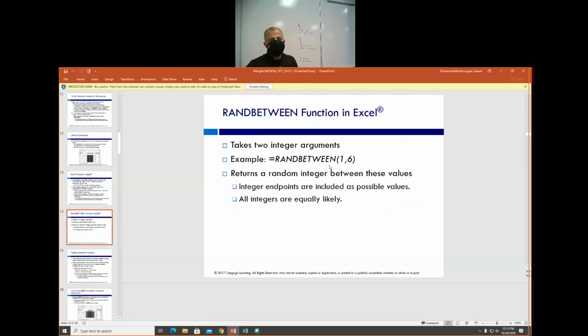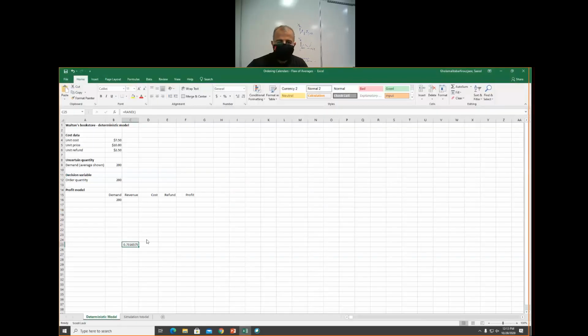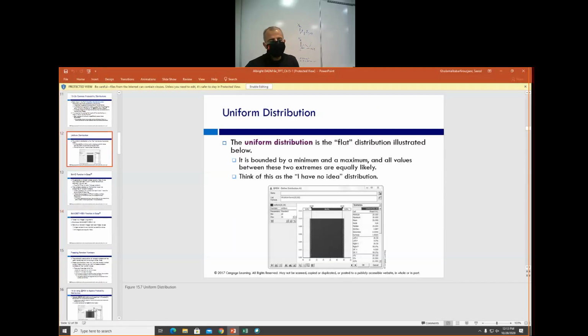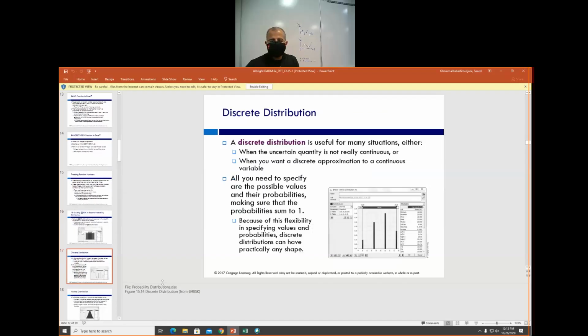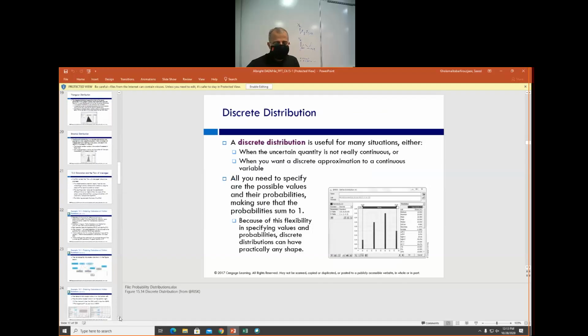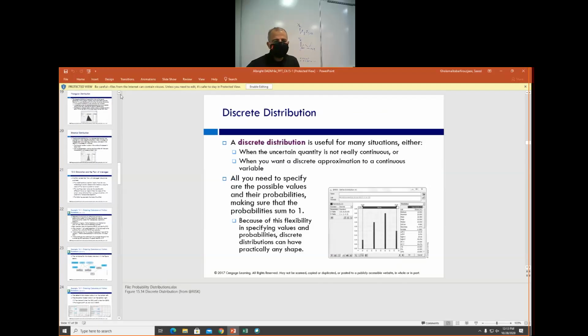It takes new values. And rand between 1 and 6. These are two examples of the uniform distribution. Discrete distribution, we've already discussed it. And,